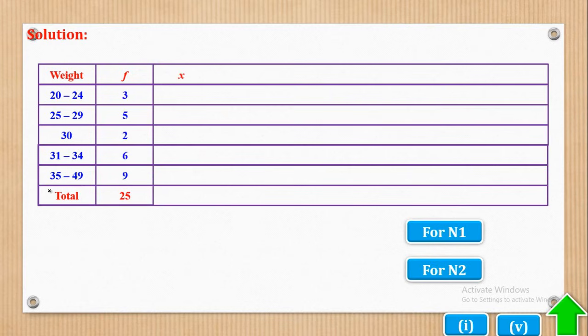Then we shall need the class mark. So I believe by now you know how to generate those class marks. So this is 22, 27, 30, 32.5, and 42. The next is fx. I believe by now you know, so this will be 66, 135, 60, 195, and 378. Total is 834. Then fx squared, this will be 1452,